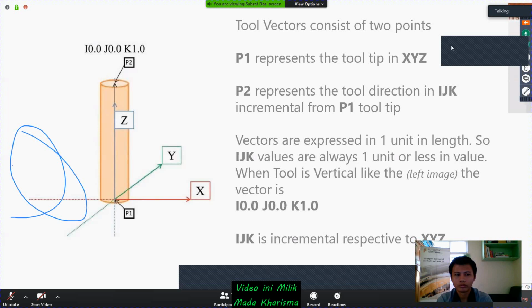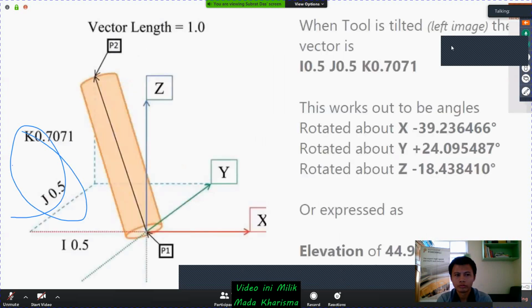So let's move more into 5-axis. How do the vectors change if you tilt? The same point P1 is at the center of the tool bottom, and P2 is somewhere in space.